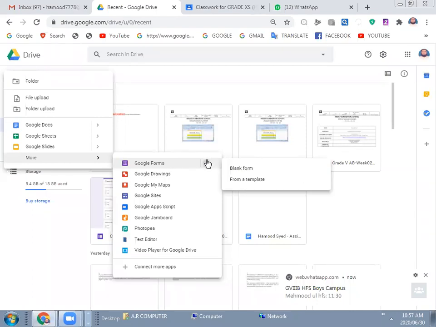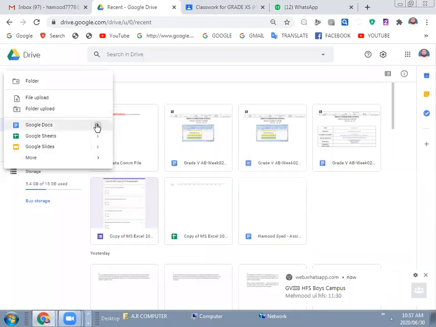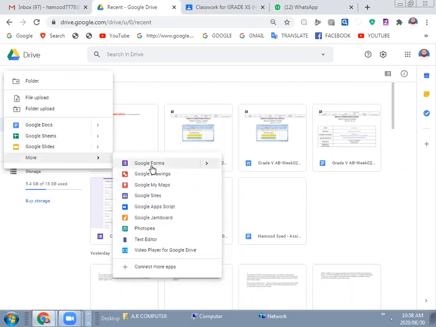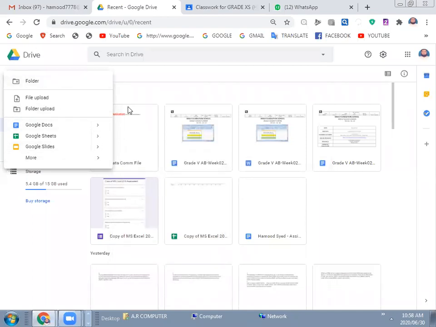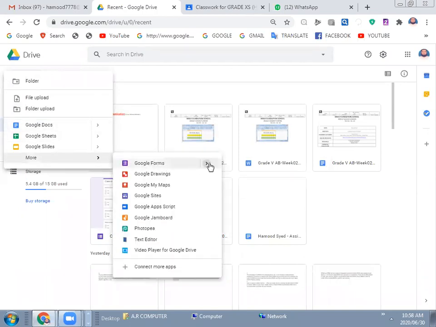Now Google Forms, like Google Docs for word processing, is for getting responses from your client. In my case, you are my client. My students are my clients. I want to check your responses. Okay, I am making a short test. How? I will go again to Google Drive, the new button, and Google Forms, and from Google Forms I will select blank form. Right? This is another cloud computing application.